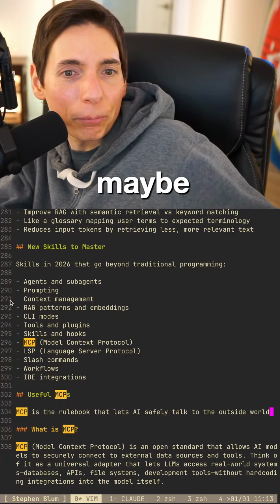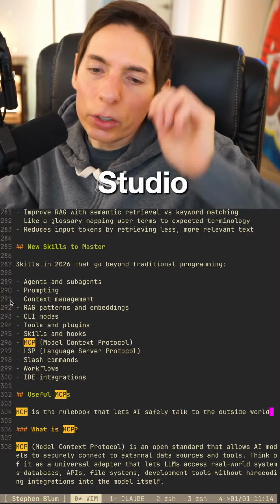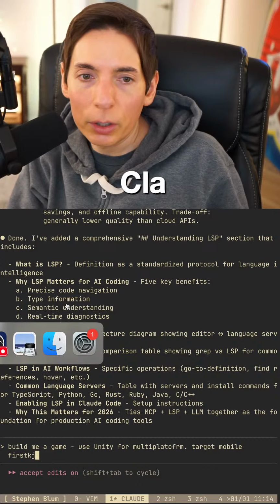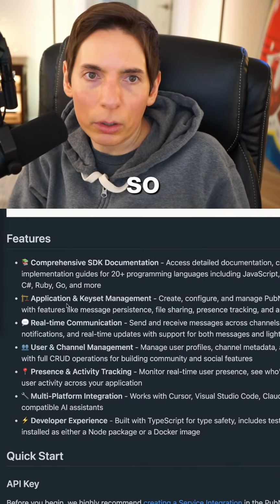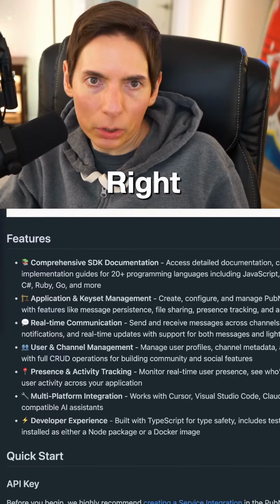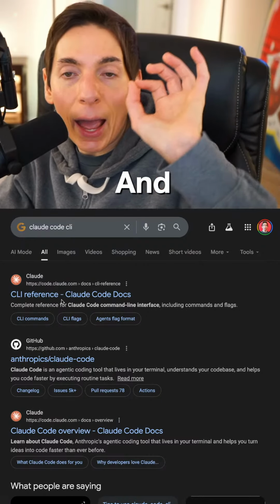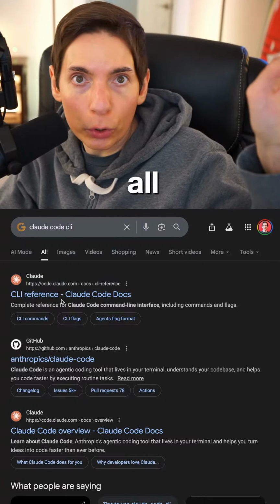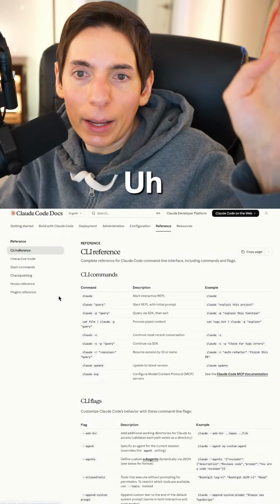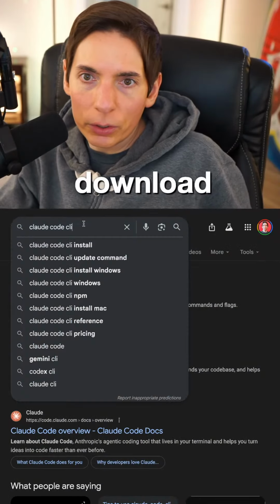A way of using AI in Android Studio. You could use Android Studio. However, you'd want to download something like Claude Code. So do Claude Code CLI, right? Do Claude Code CLI, and then have it do the work for you. Write all the code for you. You're probably doing Kotlin, right? You're going to write in Kotlin, and then download. Let's see. Let's do download CLI.